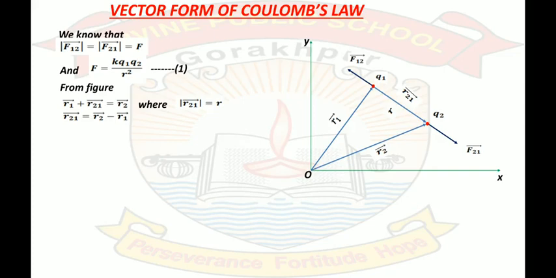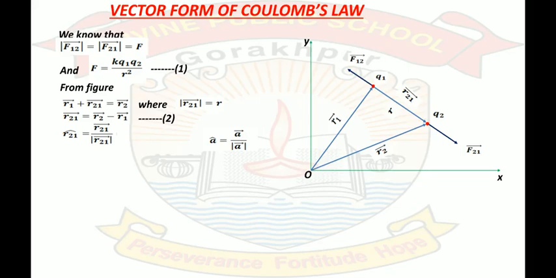Now what we are going to do, we are going to calculate a unit vector in the direction of r21 vector. So let this be equation number 1. Now unit vector of r21 vector, how will it be? You must be knowing this formula that a cap is equal to a vector upon magnitude of a vector. I am going to use this formula. So r21 cap is equal to what? r21 vector upon magnitude of r21 vector.